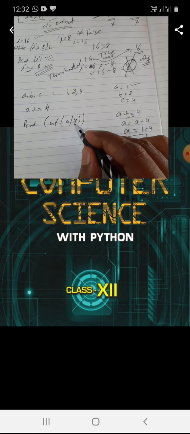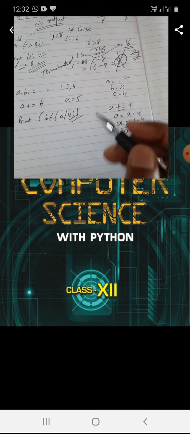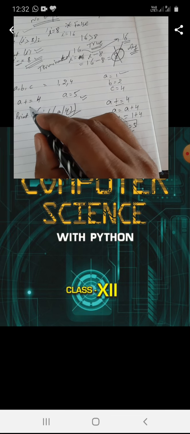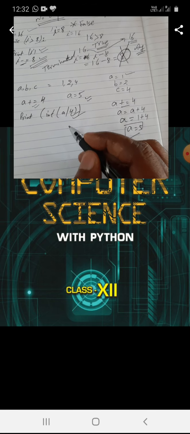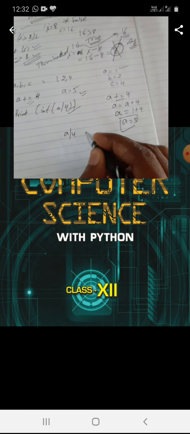Now come to the third line of code. Here a becomes exactly equal to 5. Clear? Due to the assignment operator. Now print(int(a / 4)).